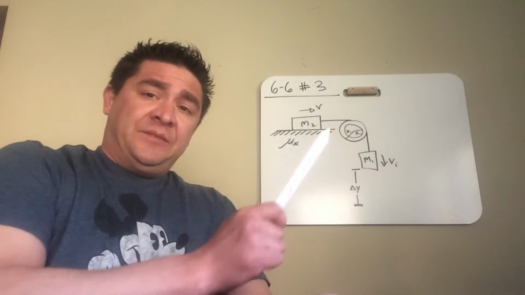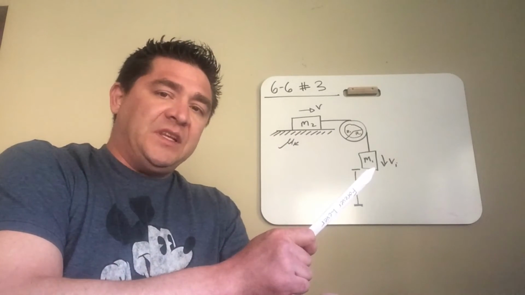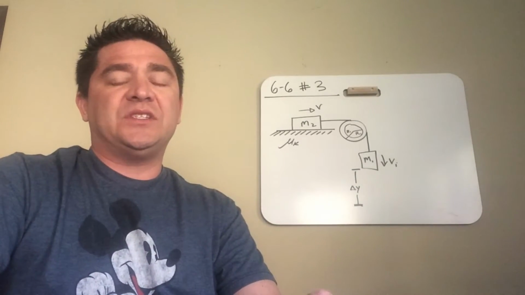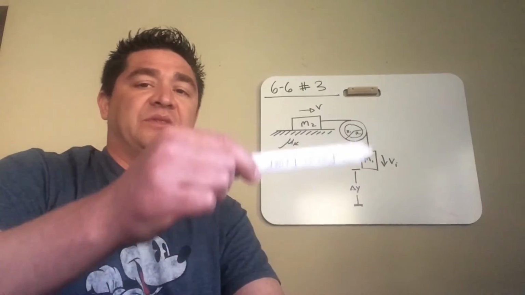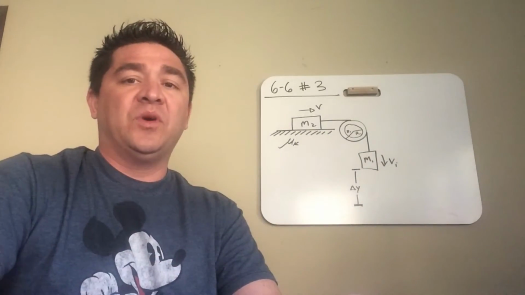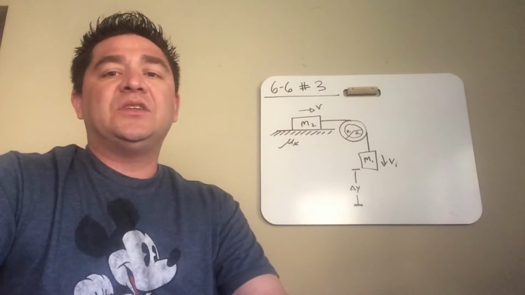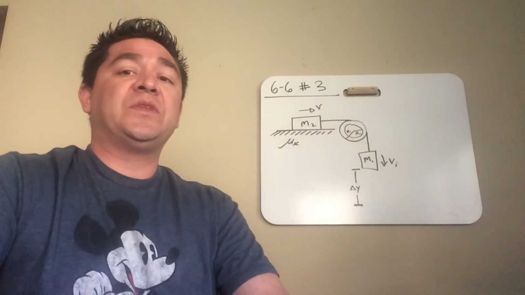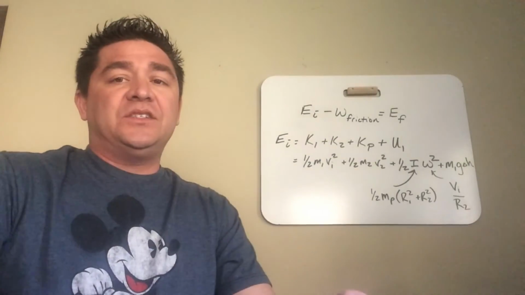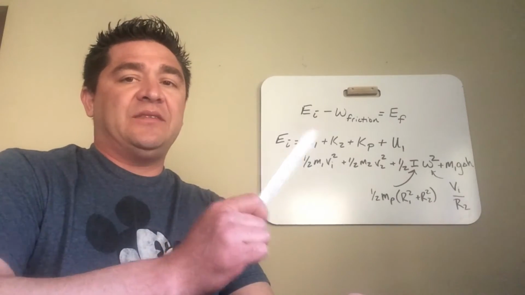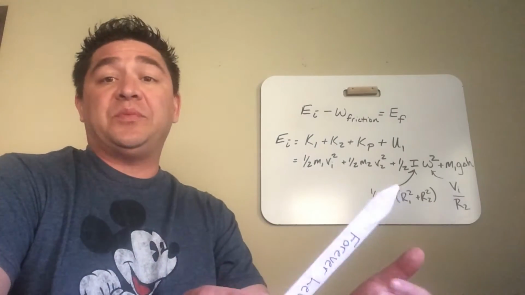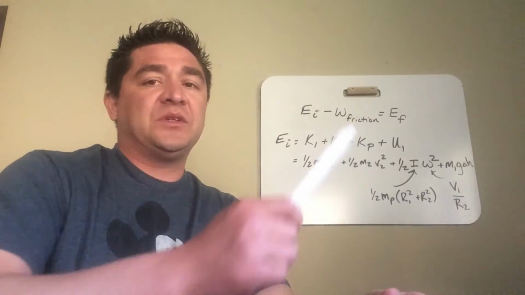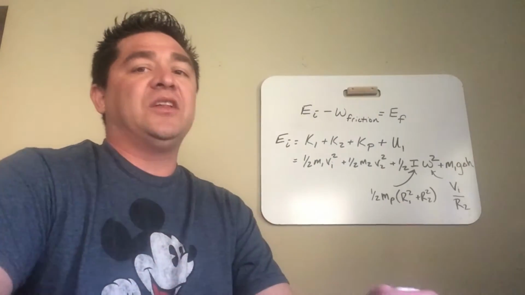We've got the kinetic energy of this thing, kinetic energy of this thing, kinetic energy of this thing, and then we've got the gravitational potential energy that's driving the whole system, causing the system to accelerate. So we've got this gravitational potential energy from M1 that's going to cause the whole system to gain some total kinetic energy. So here we go. With all energy approaches, we start out with the initial amount of energy minus any work from friction or plus any work from external forces. That's positive work. Here we've only got friction doing a thing, so we're going to have negative work from friction, and then we're going to have a final amount of